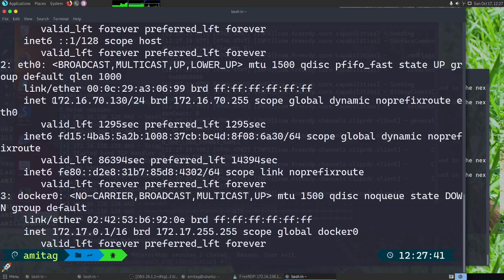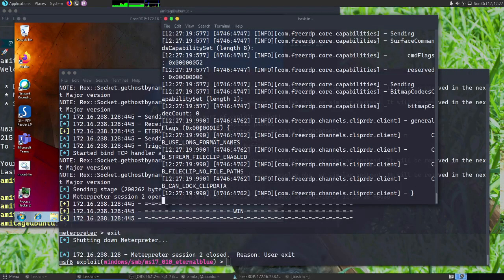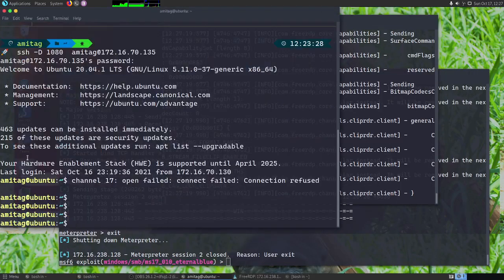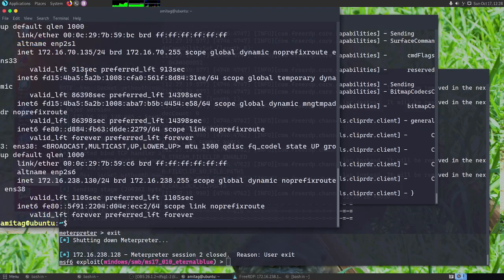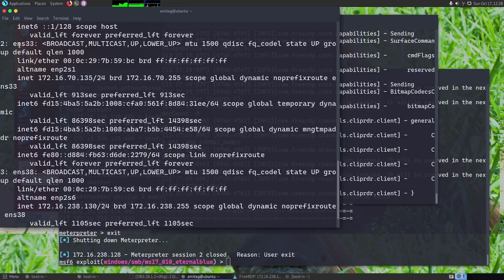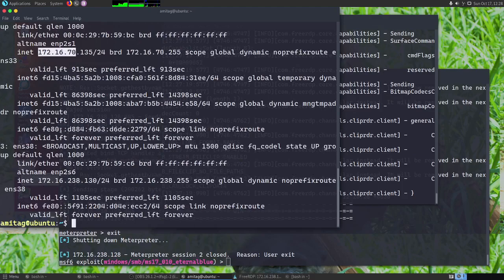So I am on the 172.16.70 network, and then I have another VM running Ubuntu, which is on 172.16.70.135, and this has two network interface cards, one of which is ens33, and this is on the same 172.16.70 network. And there is another network interface card, ens38.